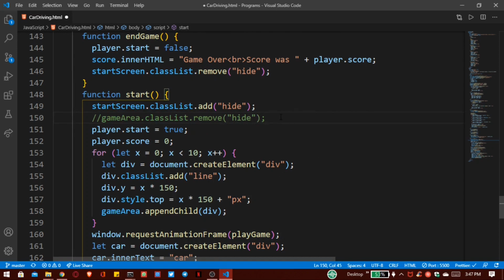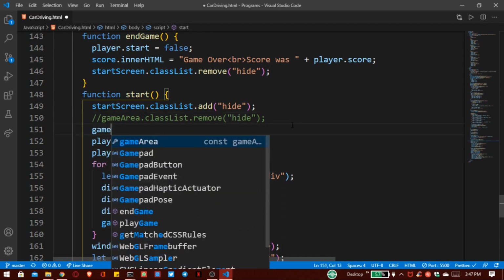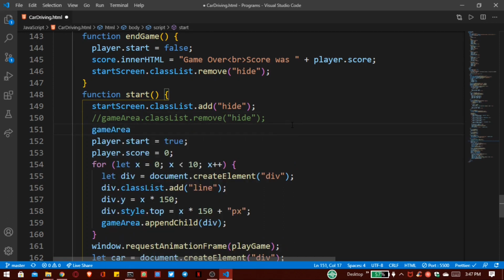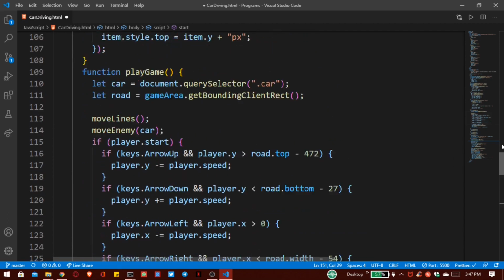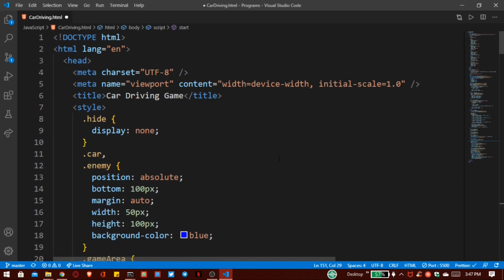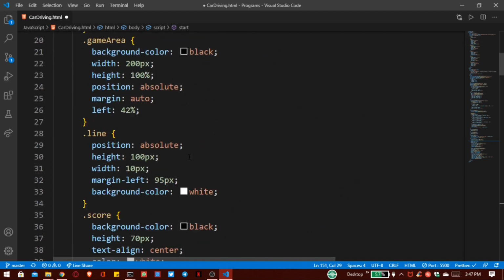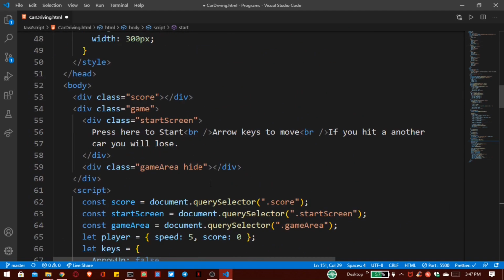And we have to press and restart so we can get all of these elements regenerated. So for rebuilding our lines and our cars, we have to write here game area dot inner html, and first it is blank. And we also have to remove this hide class from our game area because we also added that functionality. So where is our hide class? Here we have to remove this.